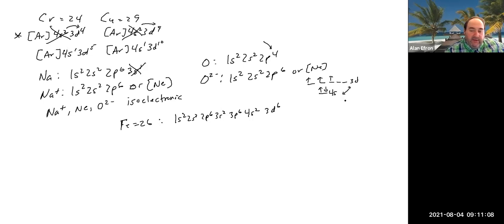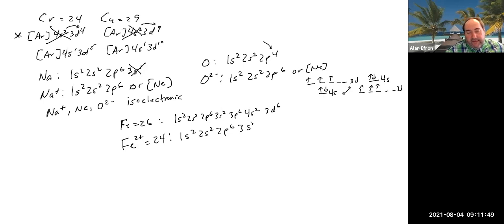There's actually a switch that occurs in terms of the energy, and the 4s electrons actually end up becoming higher in energy than the 3d electrons. And this affects how something like iron or transition metals lose electrons. They always lose their s electrons first, and then they follow with their d electrons if they need to. So when we go to iron with a +2 charge, +2 means it lost 2 electrons, and that would be 24 electrons. This would get us 1s2, 2s2, 2p6, 3s2,